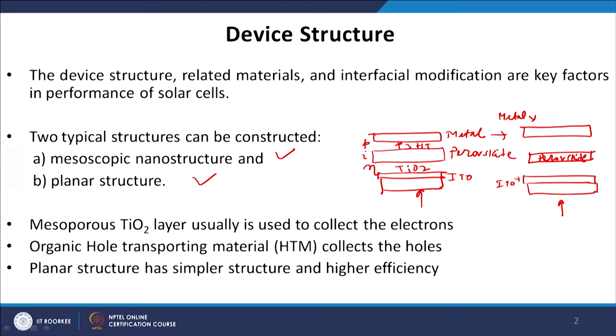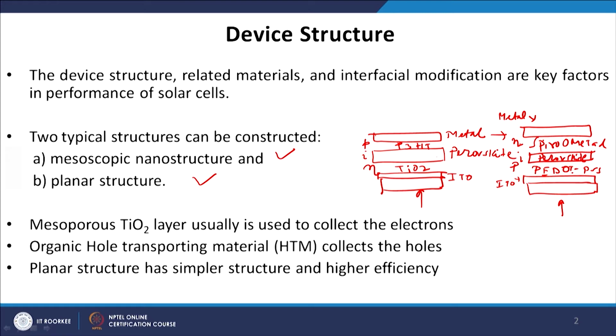One important thing to mention here: again I can put two different blocking layers or charge collection layers at these two interfaces. If I put some hole conducting layer like PEDOT:PSS, and on the top I put an electron collection layer, a common example is a small molecule, spiro-MeOTAD or doped spiro-MeOTAD. This is a small molecule which conducts the electron. So, here I have a P-type layer, an N-type layer, and the intrinsic semiconductor is sandwiched between them.